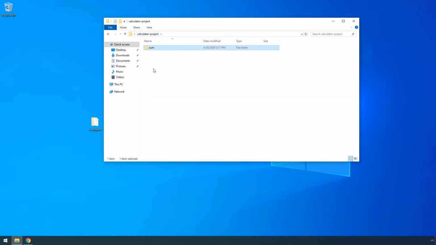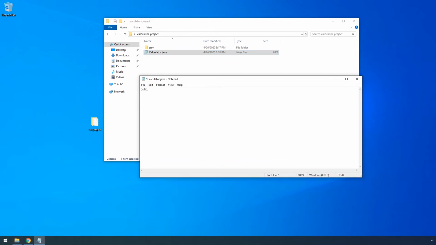And back to the calculator project, I will create one more file called calculator.java, and inside I will write some code that will use the sum code that I wrote in the separate file.